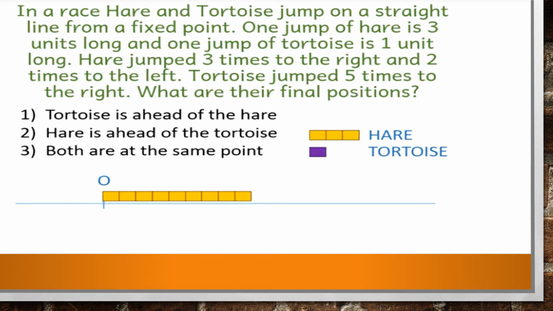Now first, the tortoise jumped how many times? 3 times to the right. So now the tortoise is jumping 3 times to the right. So if it jumps one time, I'll just mark it so that it becomes clear to all of you. So when the tortoise jumps from here, sorry, the hare, when it's jumping, then it goes 1,